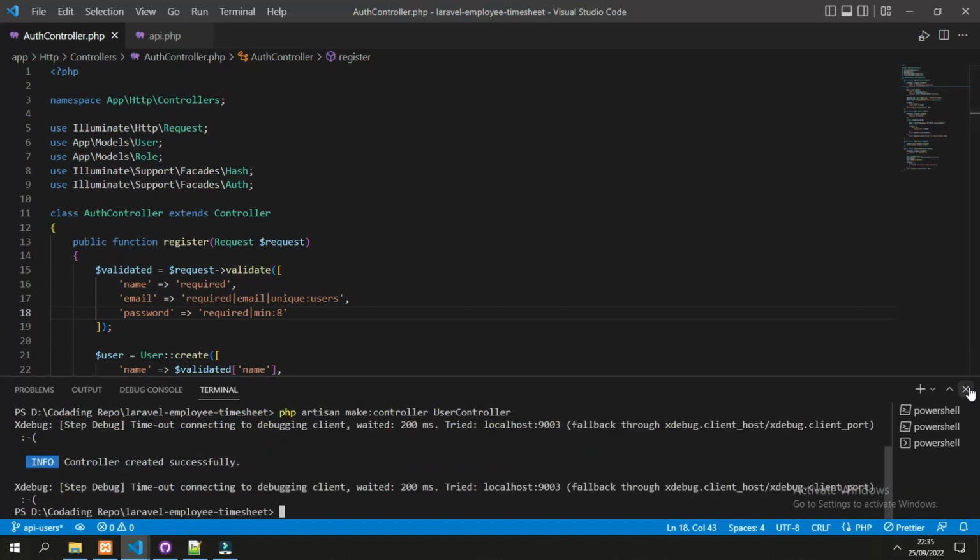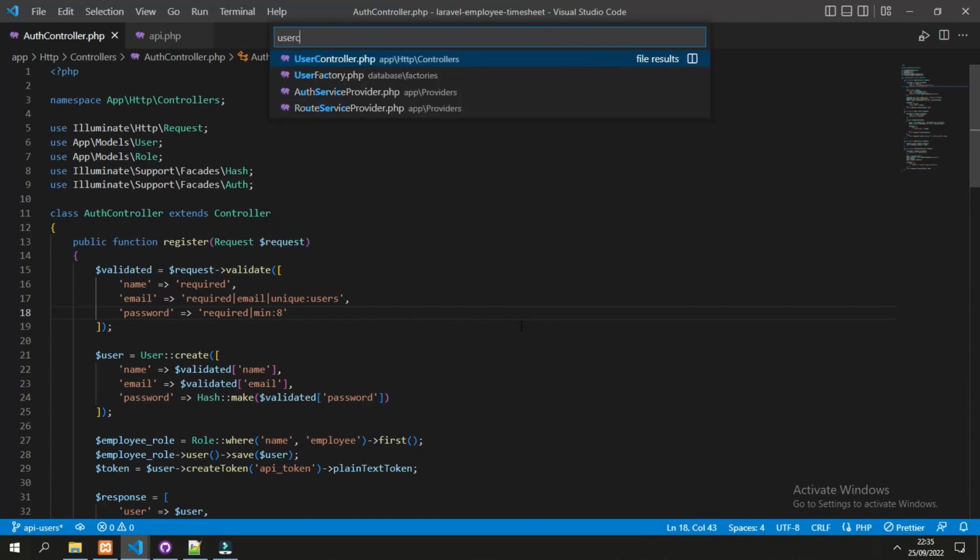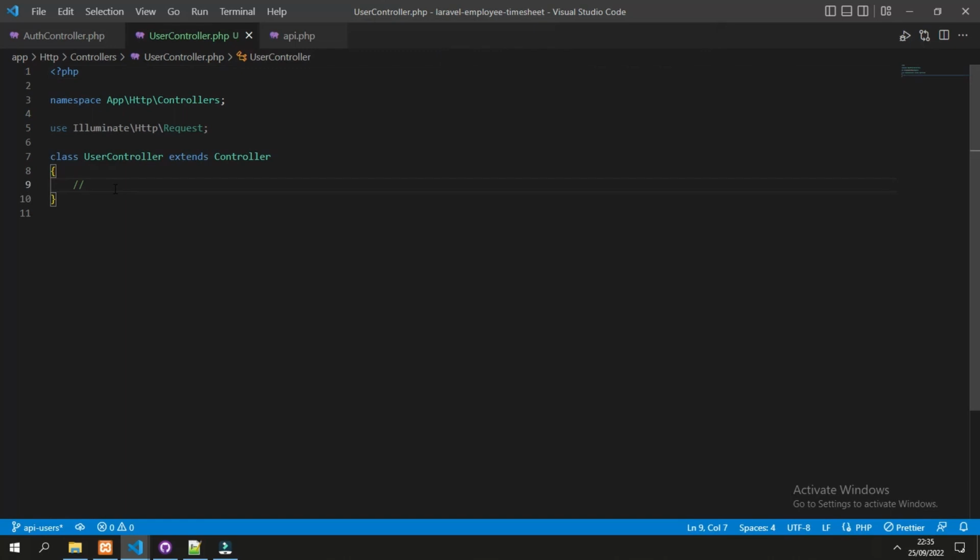Let's open the user controller. The first function is the index, so we would like to show all the users.